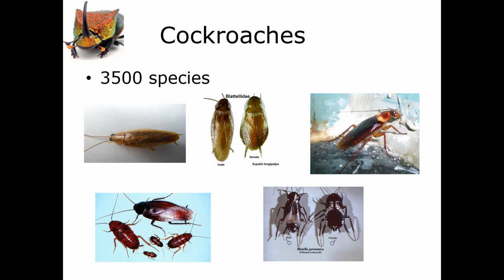Now, these 5 species, these 5 photos that you see here, these are the most common cockroaches that are associated with humans in some way. Again, most cockroaches live outdoors, but these 5 have evolved to exploit human habitations. They've evolved to exploit our homes, our hotels, our restaurants, those sorts of places. They will prosper in filth, and they can infest even the most sanitary of buildings.